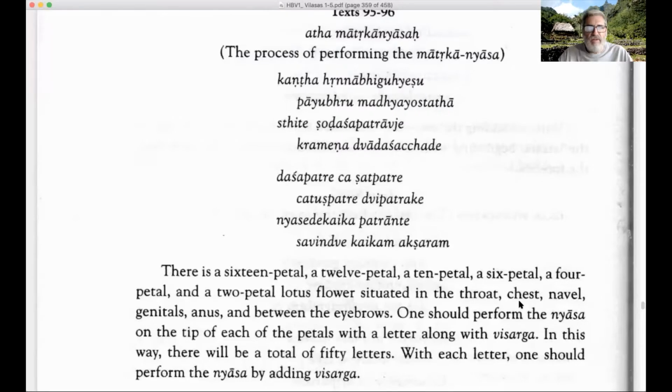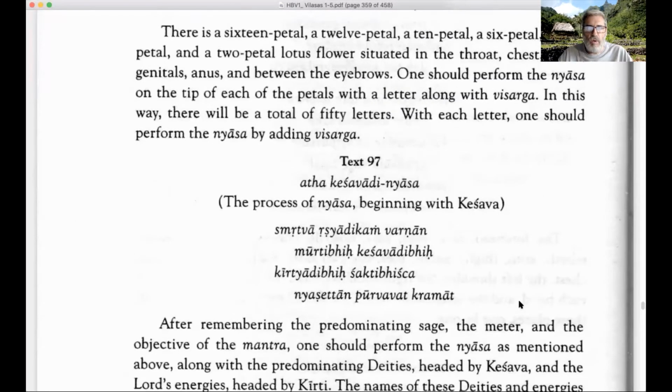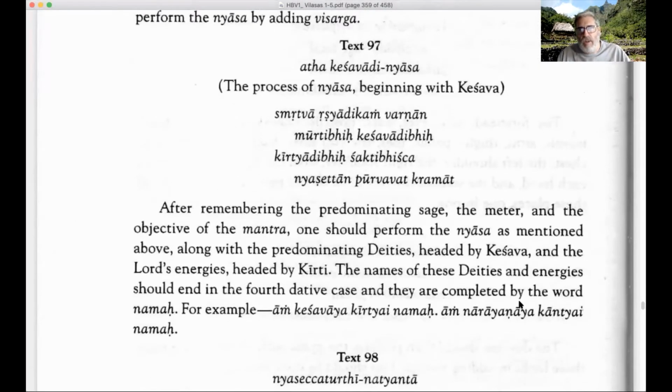So now let's have a look at Hari Bhakti Vilasa again. We're going to go to the next nyasa that we do. The next nyasa that we do is called Keshavadi nyasa. Now, Keshava, as we know in the Pancharatric system, there are 5 forms of God: Para, Vyuha, Vibhava, Antaryami, and Archa. And of these 5 forms of God, we have the original personality of Godhead, and then we have 4 expansions from him. Those expansions, according to the Pancharatra system, are called Vyuhas: Vasudeva, Sankarshana, Pradyumna, and Aniruddha.